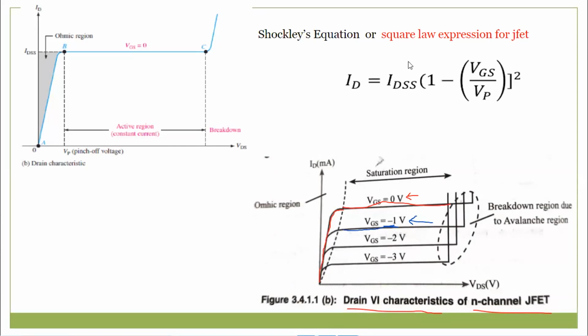And similarly, if I further increase the VGS value in the negative direction, that is -2, still the ID current will reduce. Then if I increase further, VGS equal to -3, still the current will reduce. There is a scenario when I make VGS something like -4 volt, then what happens? The current flow will become 0. So this is a way I can also operate.